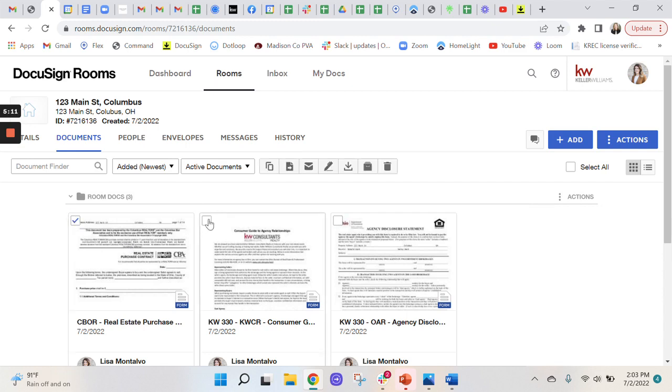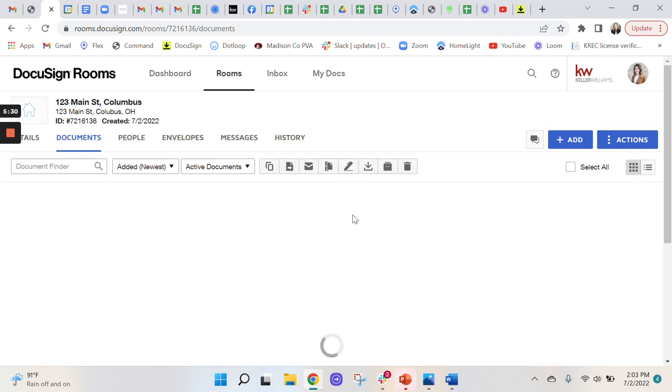You click on the documents here in the top corner of those that you want to sign, and these icons right here pop up. What you want to do is click on this one that has the pen that says create an envelope, and think of it as putting the documents in an envelope and sending it for signatures. So once you click on that,